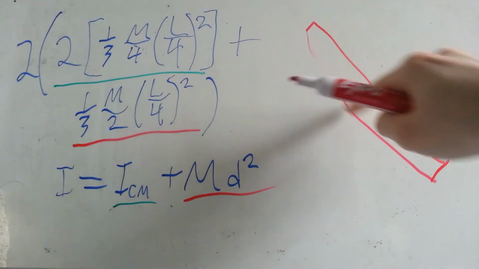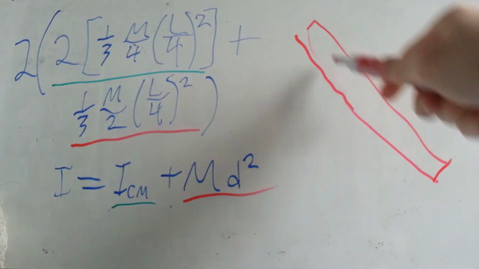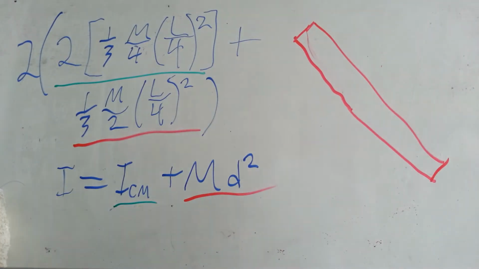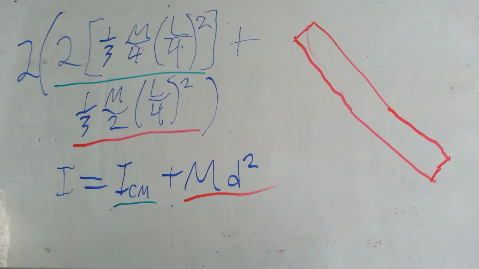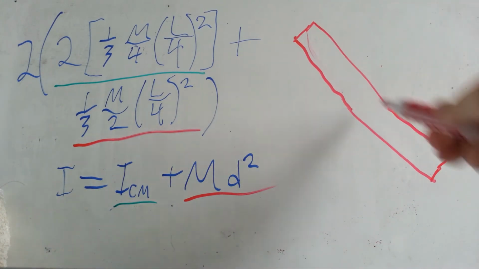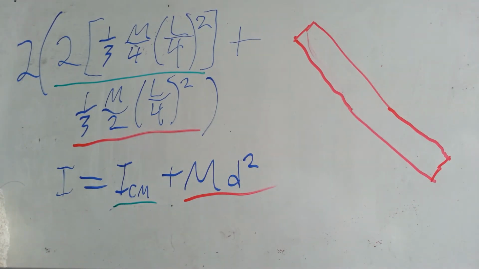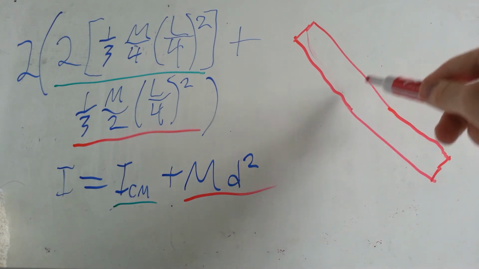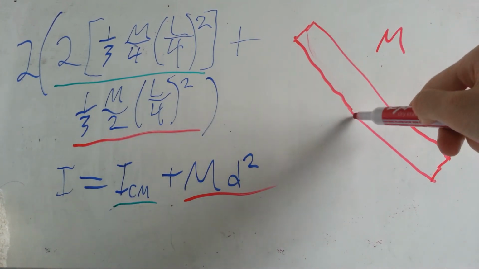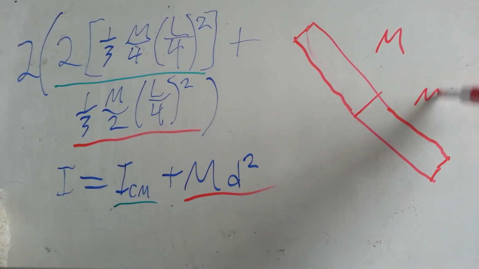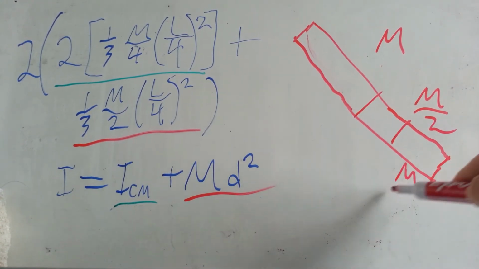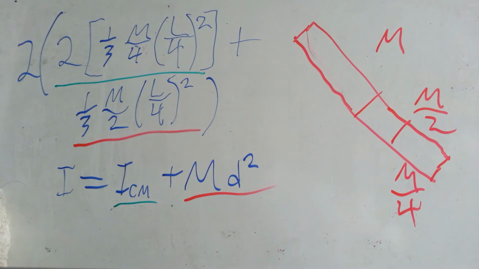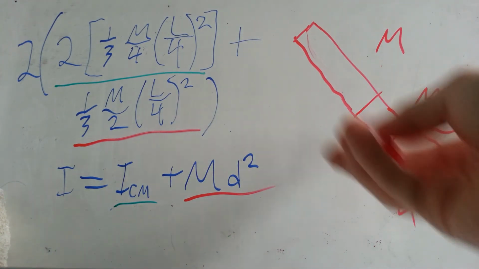And if you pretend that I can draw straight lines, then the mass is uniformly distributed throughout this whole thing. If the whole thing is m, then if I divide it in half, that half is m over 2. M over 4, etc. Its density and shape